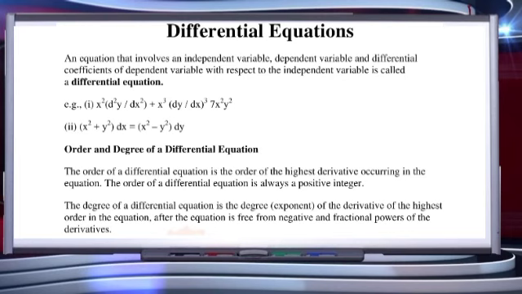So, students, as you can see here, we have one equation: x square d2y by dx square plus x square into (dy by dx) whole cube into 7x square y square. So students, what are independent variables? Which are in the denominator. The dependent variables are in the numerator. So here d2y by dx square means y is a dependent variable and x is an independent variable. And these are differential coefficients like x square, x cube written in front of them.